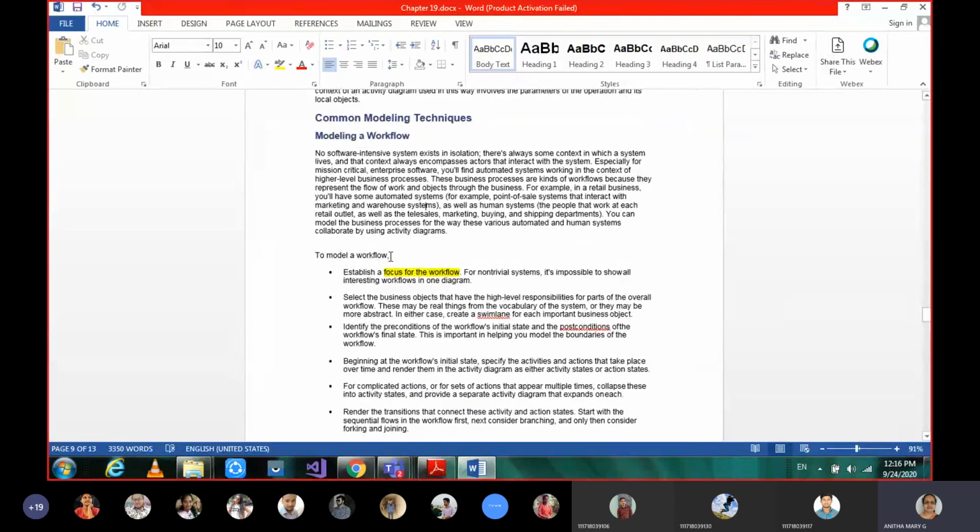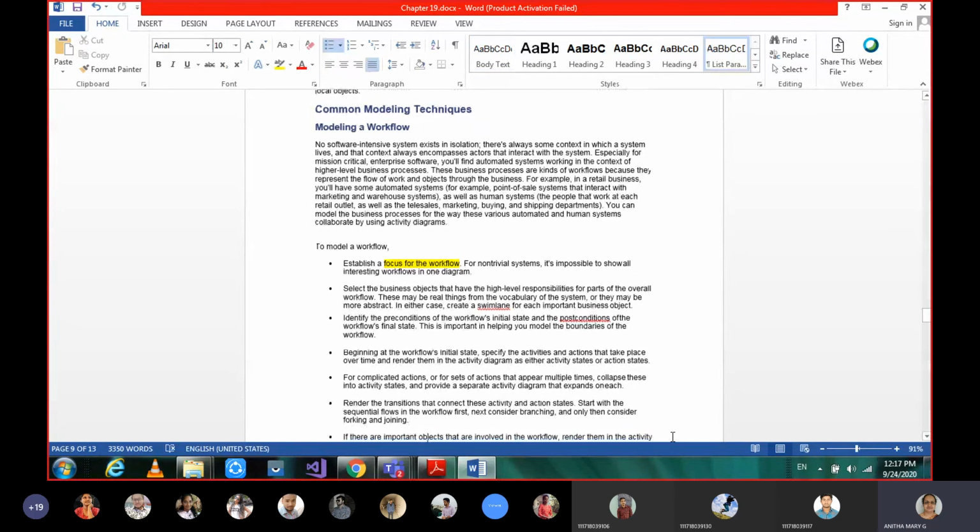In order to model a workflow, what exactly do you have to concentrate on first? You should first establish the focus for that workflow: what exactly workflow they want, and what things are involved in that. What are the different states, whether they are activity or action states, whether it is a single flow or multiple flows, and whether there is any decision box, based on which we'll think of the guard conditions.